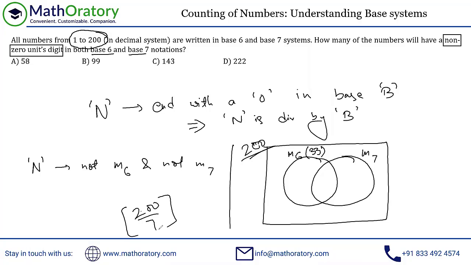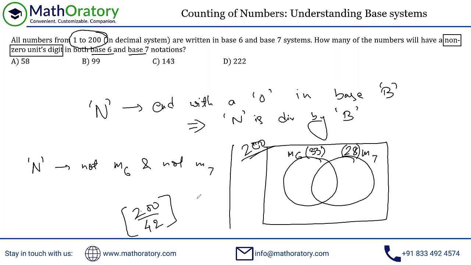By the way, if you know the cyclicity of 7 in terms of the 1 by 7 cycle, then 200 by 7 will be known to you, 28.57 something. So this is 28. There will be 28 multiples of 7. Just collect the quotient, that will give you the multiples. Let me write this properly. So you have 28 multiples of 7. And now, as set theory goes, just figure out the common region, multiples of 6 and 7. So multiples of 6 and 7 is multiples of 42 basically.